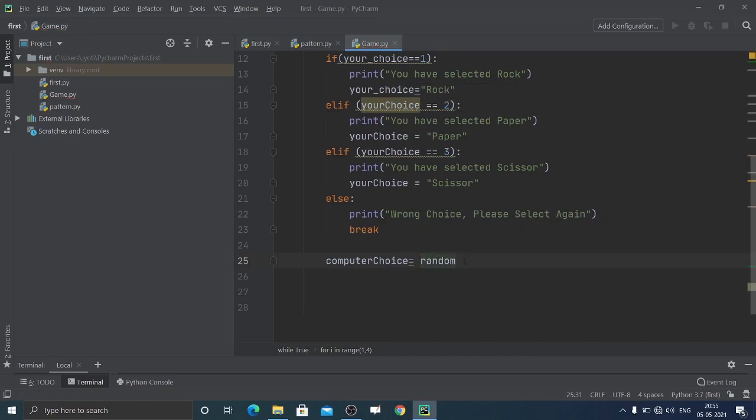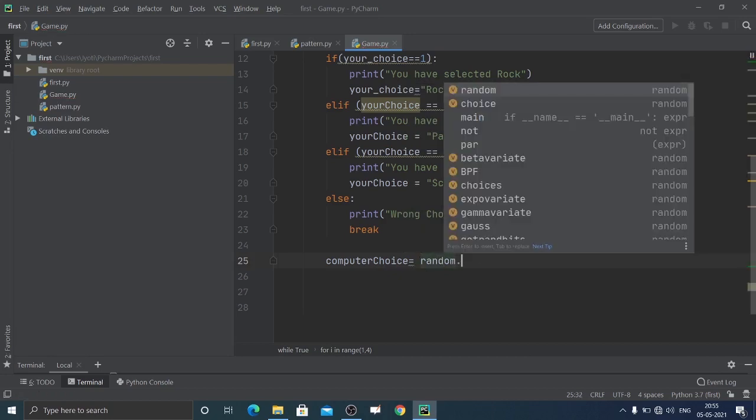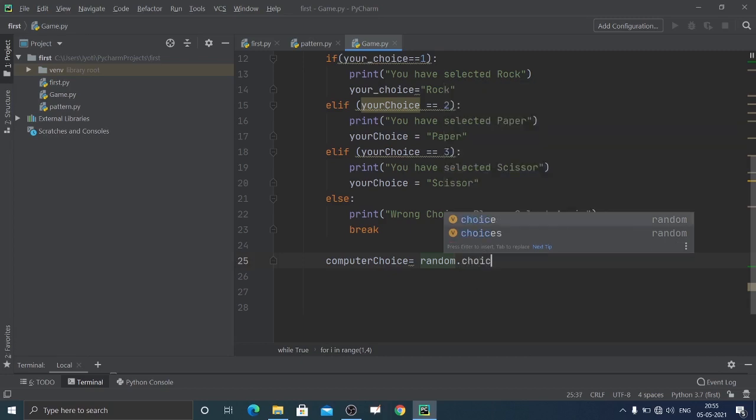You can see random has been called, and here we need to call this function, random.choice. Inside the random module, we have this function, choice, and inside this we need to pass any sequence.